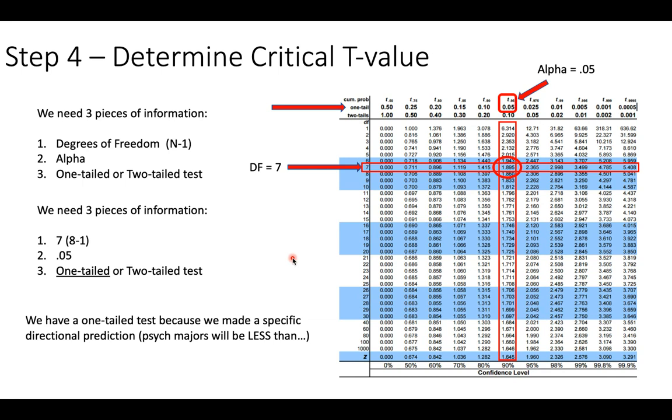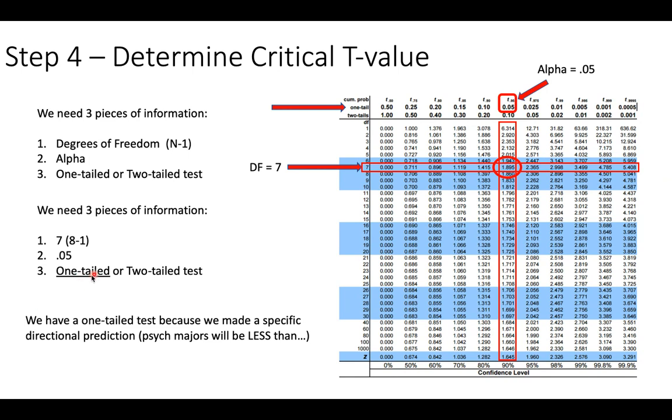Notice how there are no negative numbers on this critical value table. Well, that's because the t curve, just like the normal curve, is symmetrical on the left versus the right side of the curve, below versus above the mean. So